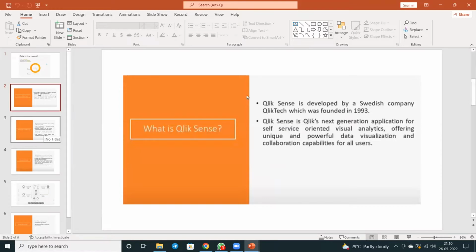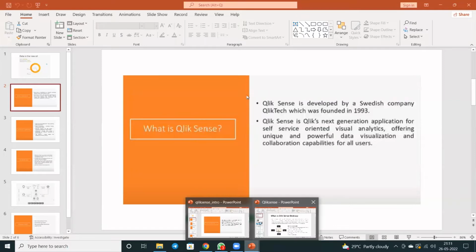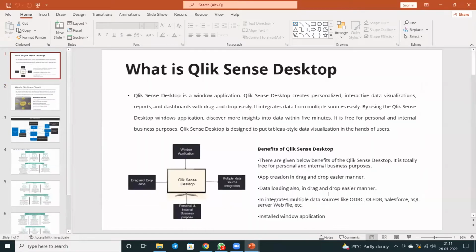And going into the Qlik Sense tool, I think I'll just take you to Qlik Sense. Yeah, this should be better. So Qlik Sense desktop or Qlik Sense cloud. What is it actually? Qlik Sense desktop is nothing but a desktop version of Qlik Sense. I'll be teaching you the cloud version of Qlik Sense